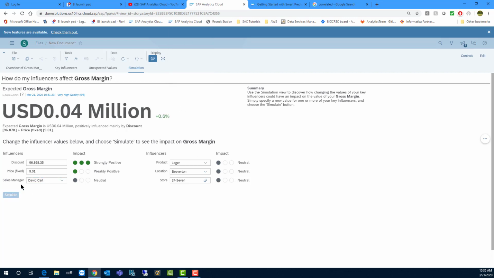So this lets you play a what-if scenario by changing the numbers of the variables that actually influence gross margin. Okay, so that was smart discovery, and the key takeaway is to consider how much work was done in a matter of minutes that would have taken days or weeks for you to do manually in order to gain some insight on your data set.